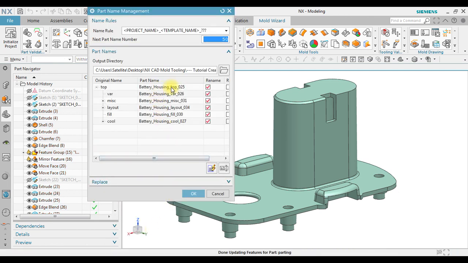Notice in here, in this example, battery housing top is the main part in the assembly tree for the Mold Wizard. It has a 0 to 5, so it means that we should rename this component. Rename it with 000. In order to do that, change this one, press enter, and then set all names. Now the name is changed, battery housing top 000. So make sure each time you are in Mold Wizard, the battery housing top, or the top part in the assembly, is 000, and then click OK.